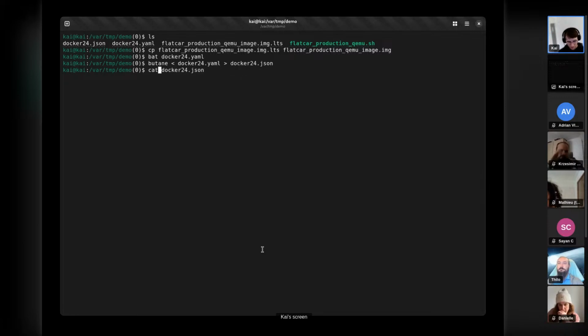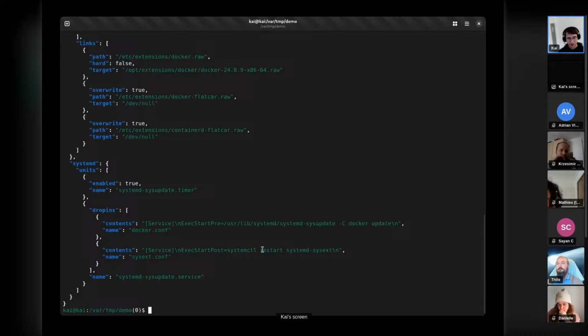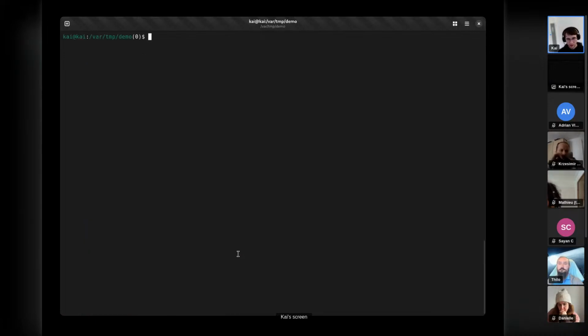And now we have this JSON file, of course. Okay, that's just the same contents again. What we do now is we use this QEMU wrapper script to boot a small VM where we pass in this Docker Ignition file. Okay, of course, I forgot to share this screen. Anyway, just assume that your VM now is booting.